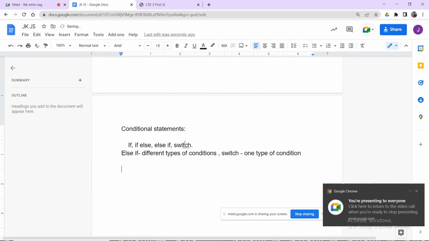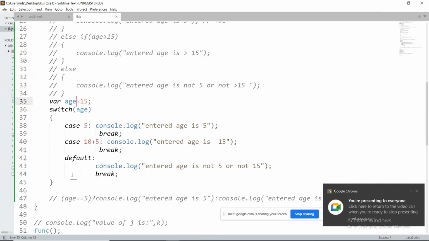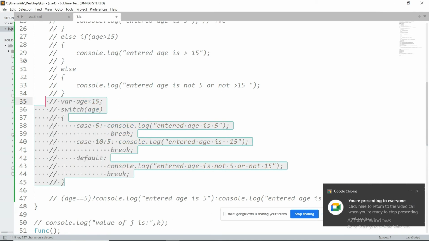Next kind of statements: looping statements. Up to now we have seen how to execute a block of code one time. If you would like to execute that block of code multiple times, whether 5 times, 10 times, or infinite times, then I can go for looping statements. We already know various kinds of looping statements like for loop, while loop, and do while loop. So the syntax for the for loop, which you already know.